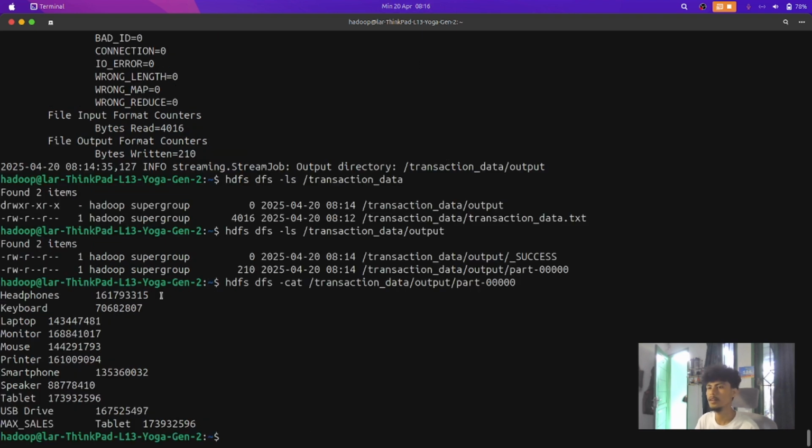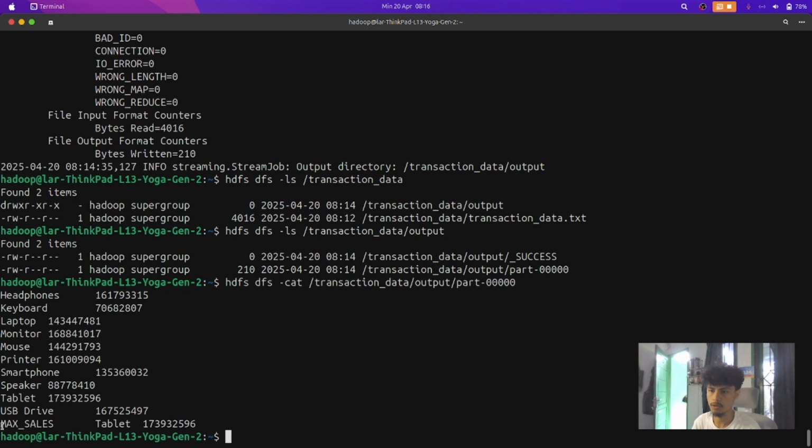This is the result. We have the keys: bonds, keyboard, laptop, monitor, and then we have the transactions with the most sales.